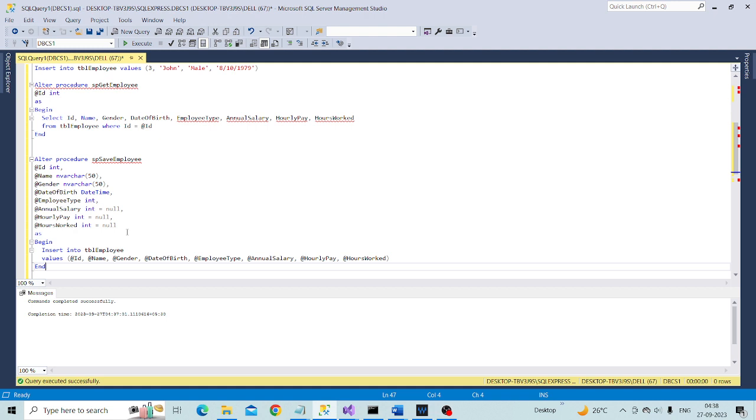All right, so let's alter this procedure. So let's alter this sp save stored procedure. Okay, so from the database side we are done. Now we want to change the behavior of the employee service as well. So let's flip to Visual Studio, and if you look at the employee service at the moment, this get employee,